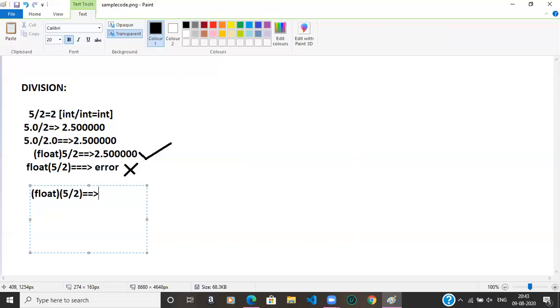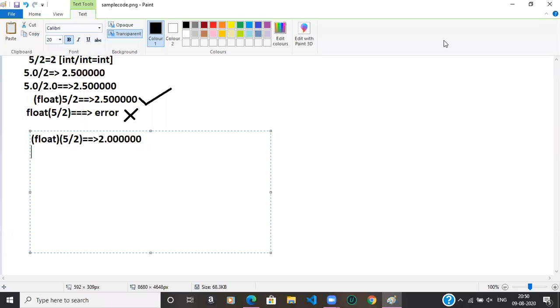The result will be 2.600000. It will also give the rounded floating point value.